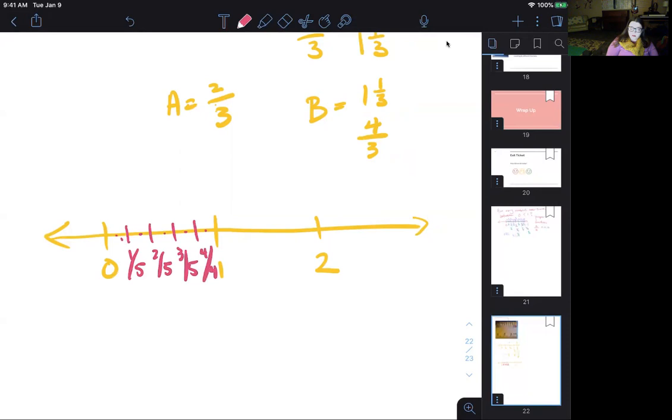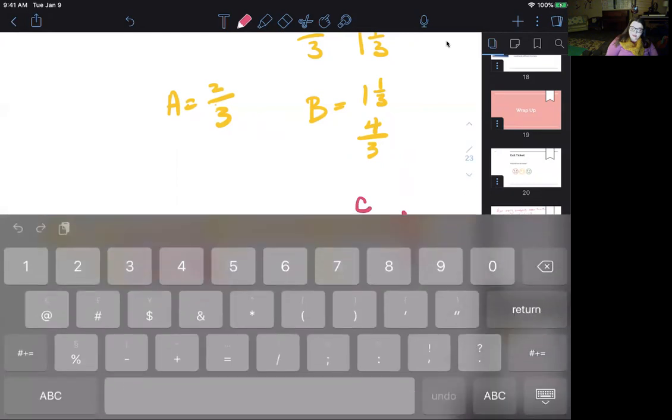So if we continue that same markings, and imagine these are all the same size, although actually I realize that would be 3 because we have 4 cuts makes 5 sections. So imagine that one is 3. Then if I were to say, well, this is point C, we would see that since I'm past the 2 and I'm 2 marks past, that's going to be